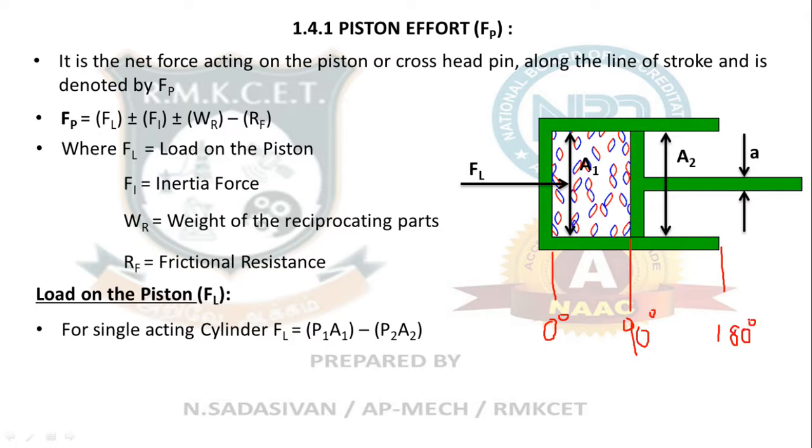So if I plot a velocity curve, my velocity will be maximum at 90 degree and then it will go down and become 0 at the end. Why does it become 0? Because it has to return from there and start traveling in the opposite direction. For that it has to come to rest. Therefore velocity is maximum here.